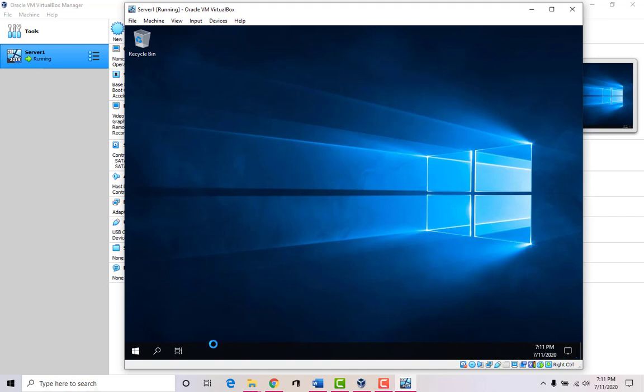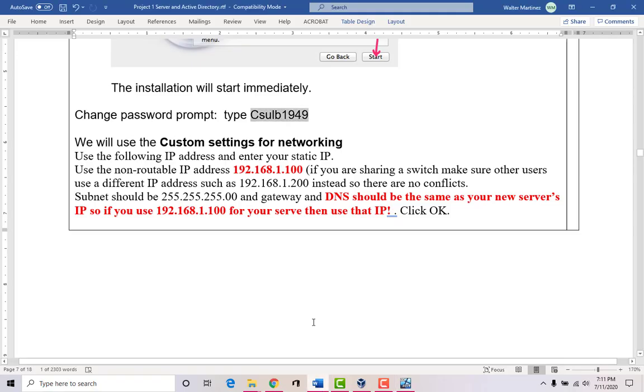This is a 2019 server, so there might be features here that I'm not too familiar with, but the first thing that I want to do is configure the IP address. You recall on our previous video we talked about the IP address and how each machine on the network must have its own unique IP address, and how for servers we prefer to put in a static IP.